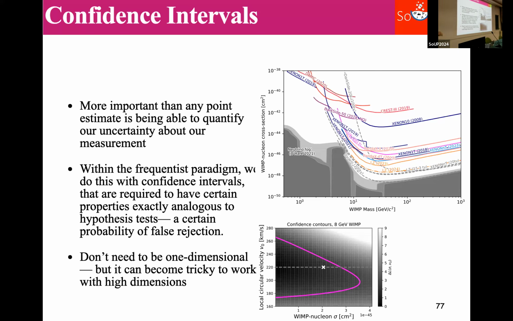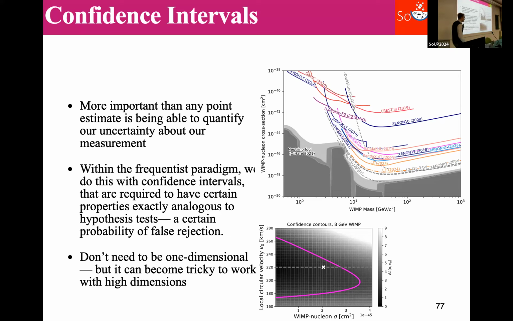So this is an example for the liquid xenon likelihood, where you have the WIMP nucleon cross-section, and here you have the local circular velocity, so the velocity with which dark matter goes around the galaxy. And as you change this, then you move more or less of the dark matter above the threshold of the detector. And so you have some 2D confidence interval for this, if you want to take also this uncertainty into account, on an equal level with the WIMP nucleon cross-section. So yes, maybe on this point, if I may, on the top plot, probably it's helpful to clarify that even that is a one-dimensional approach.